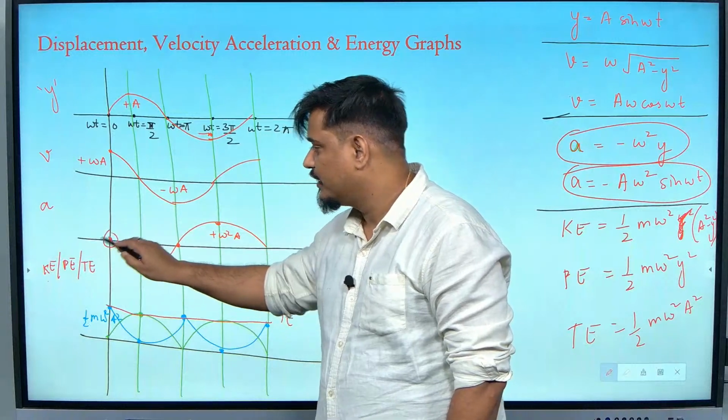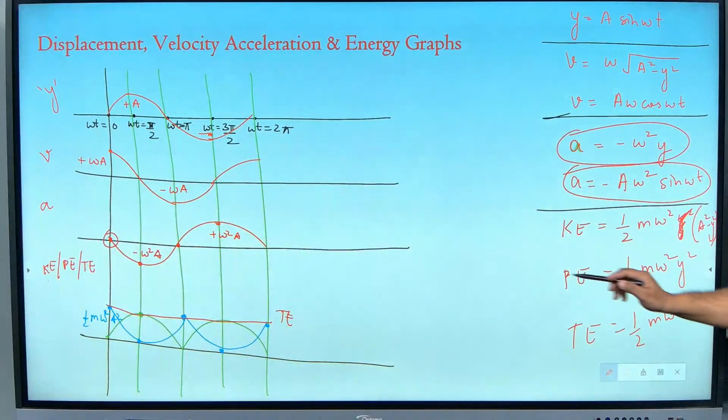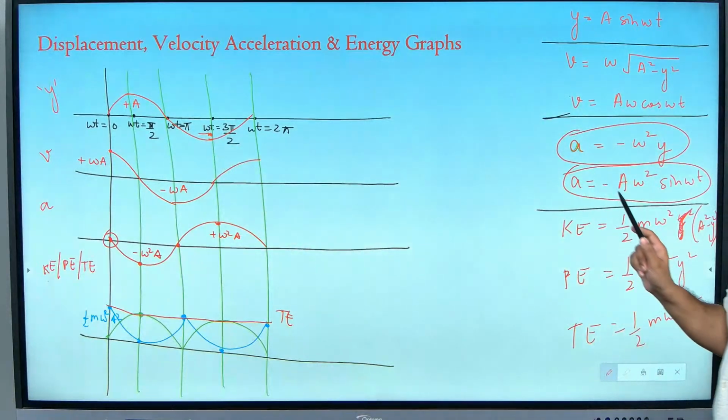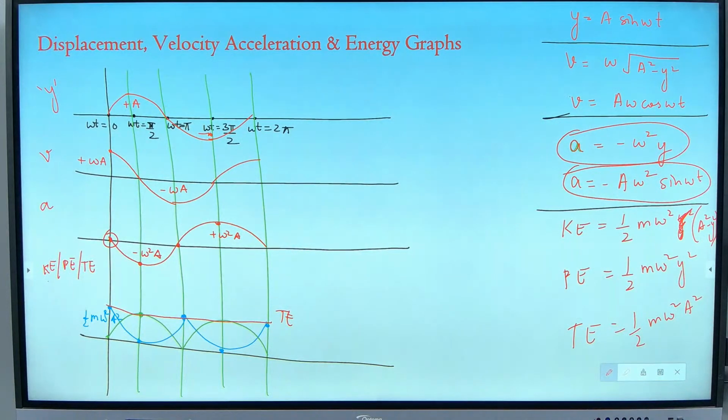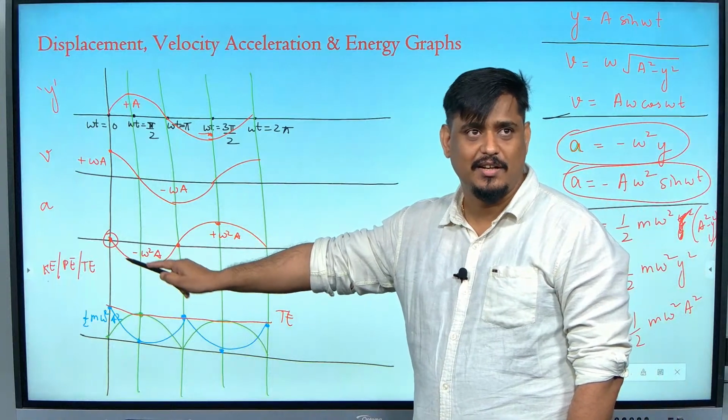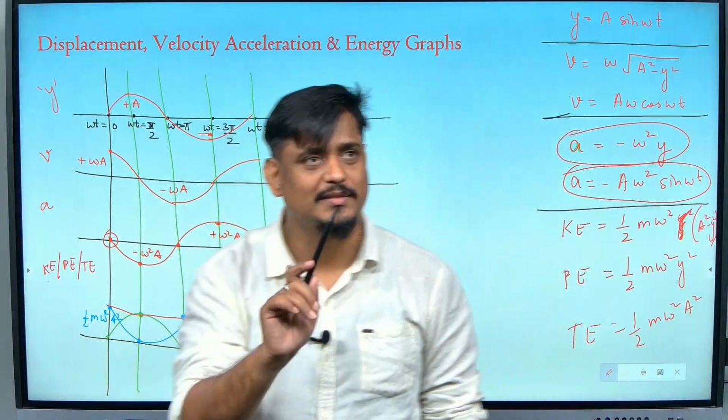Okay. Then what is the second point? The second point is omega t as pi by 2, right, Manoranjan? Yes, sir, I put pi by 2 here. What is sin pi by 2? 1. So it will be minus a omega square, right? Yes, sir, understood. Now, shall I tell the further points or have you understood?